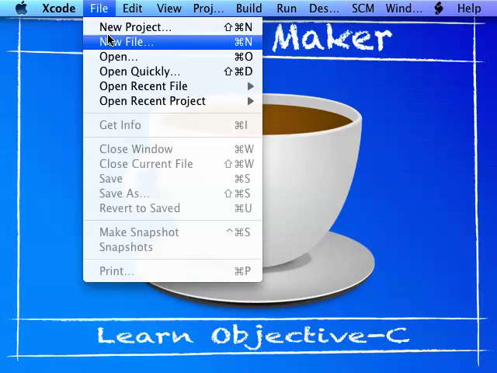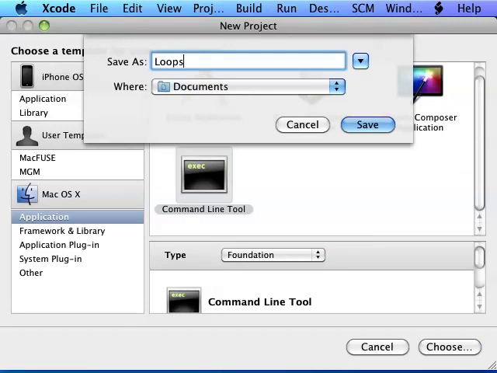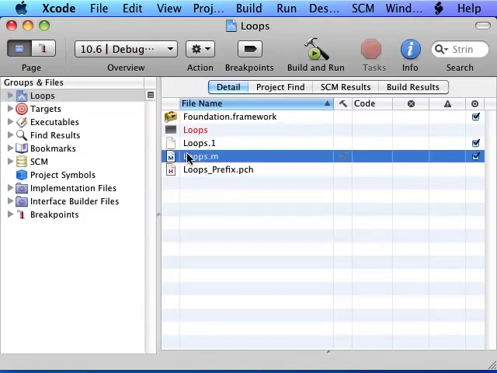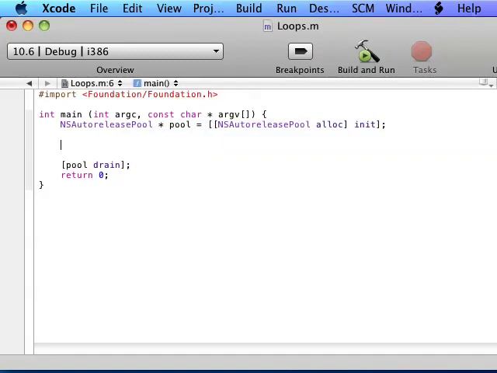Inside of Xcode, we're going to make a new project, a command line tool, and name it loops. Inside the loops project, we're going to open loops.m, remove the sample code that comes with every single template. And we're going to add a variable which we're going to check, which is going to be int i equals 0. I'm going to make it 0 first so that we get a little loop before it equals whatever we choose. And then we're going to type in while, and using Xcode autocomplete, we're going to type in condition i